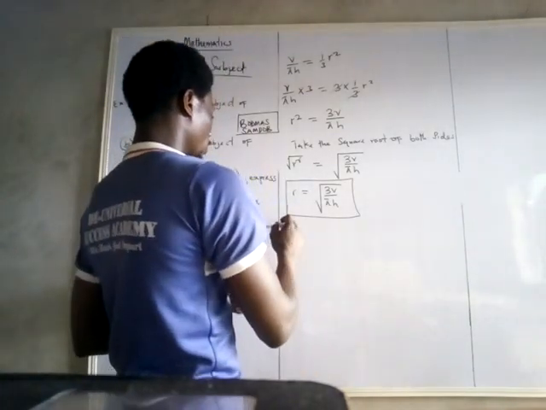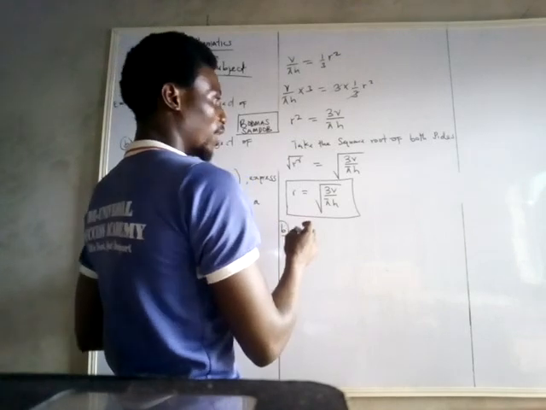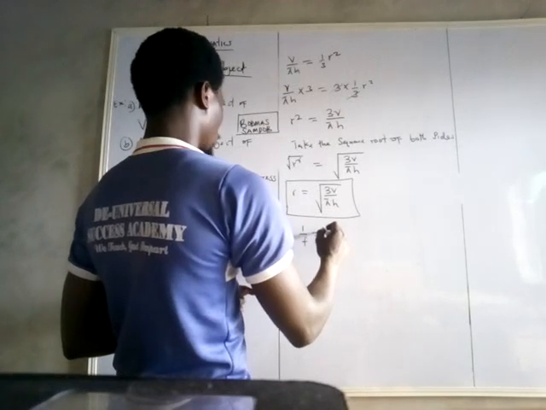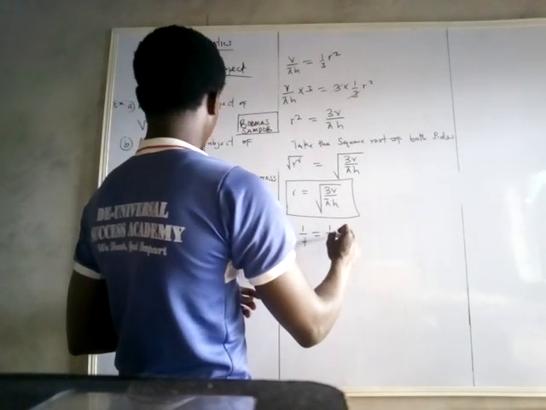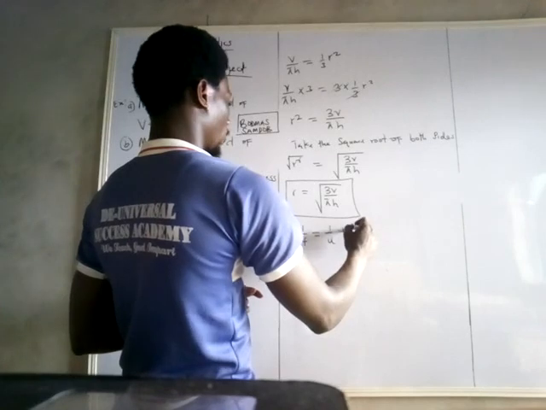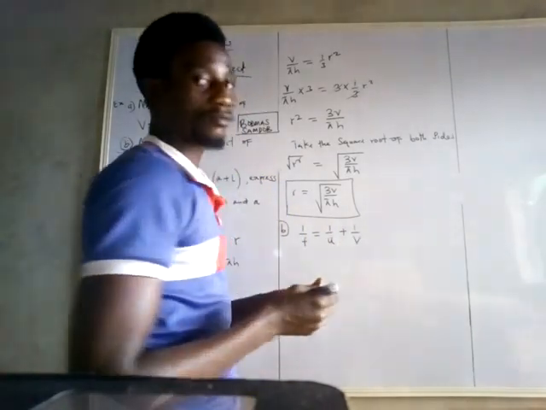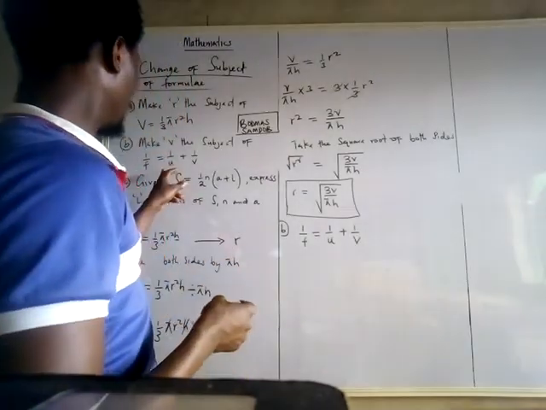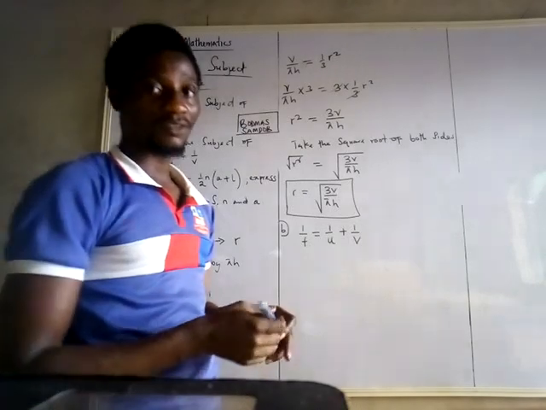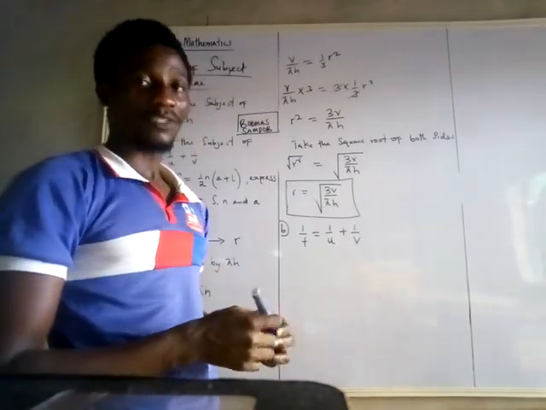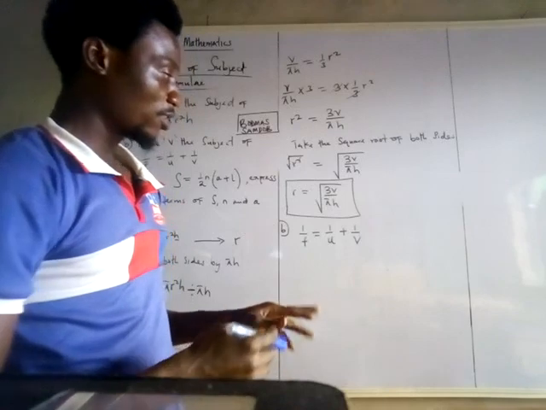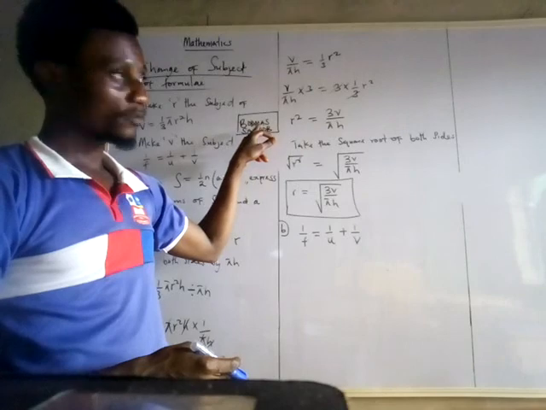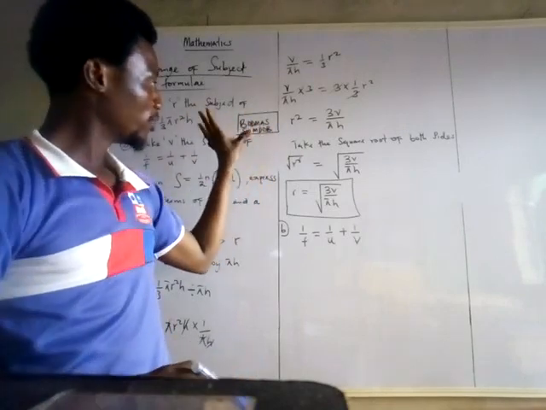Let us quickly move to question B, where we have 1 all over L to be equal to 1 over u plus 1 over v. Now here we are making v the subject of the formula. In this case, don't forget we still have our watchword, SODMAS. How do we eliminate what